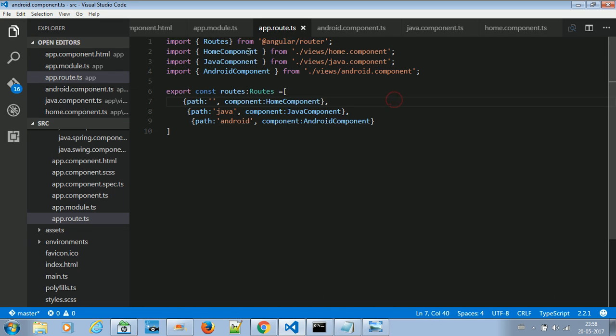app.route.ts, and here we have imported all those three components, and we also imported the Routes type from the Angular router, and we create a constant and export it. Why do we need to export it? So that it is visible in the other components as well. Just like we export a class, we can export variables also. So routes is a kind of variable of type Routes, and routes is nothing but an array of objects, and each object